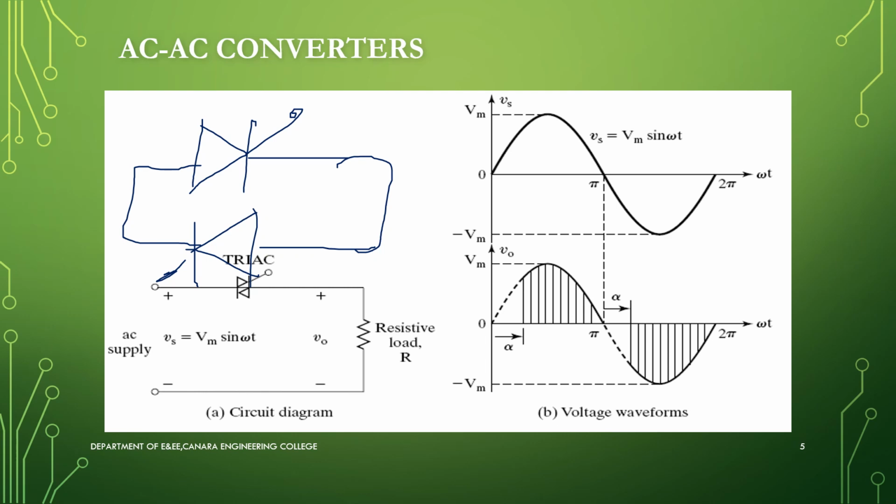So the current can flow in this direction during positive half cycle. During negative half cycle, the current can flow in this direction. It is a bidirectional device. So this is the triac. How does it actually work? During positive half cycle of your input, one thyristor is going to conduct. During negative half cycle, the current will flow through the other thyristor. So we were looking into this circuit. I'll explain to you how you actually get this waveform.